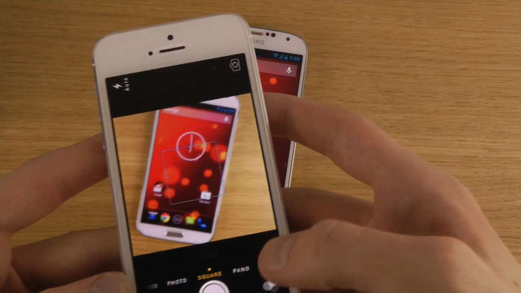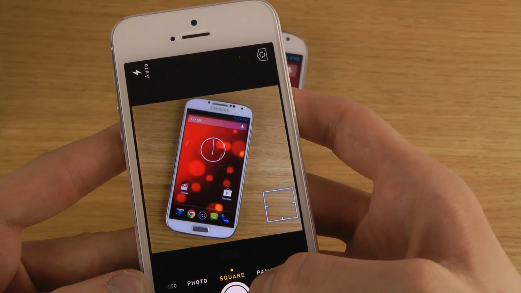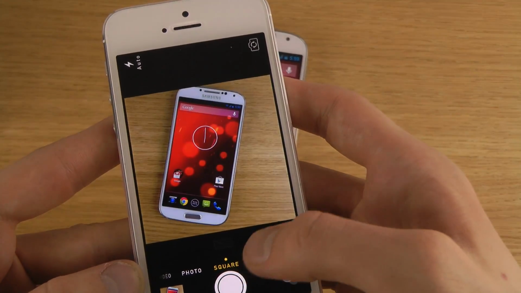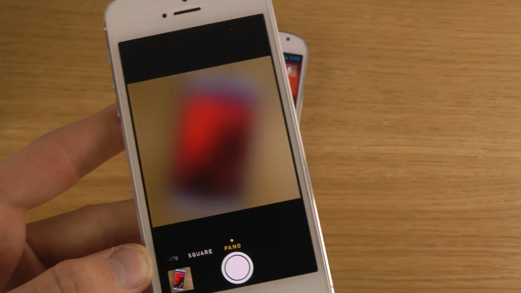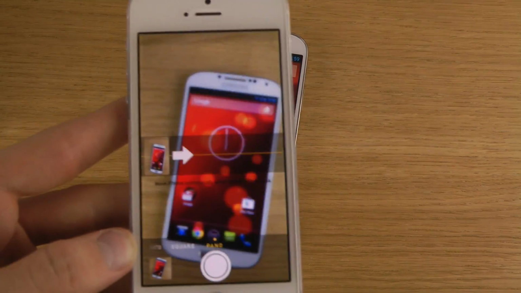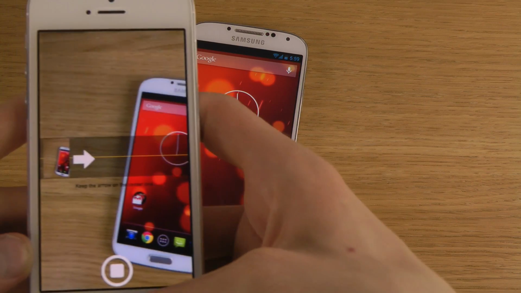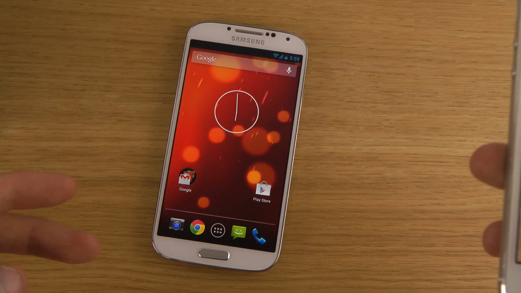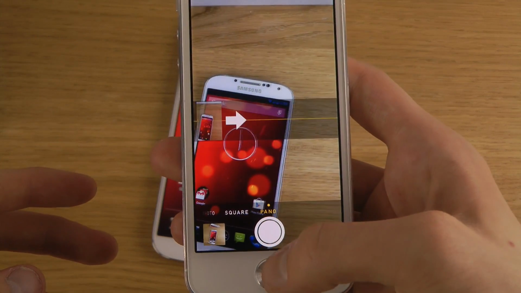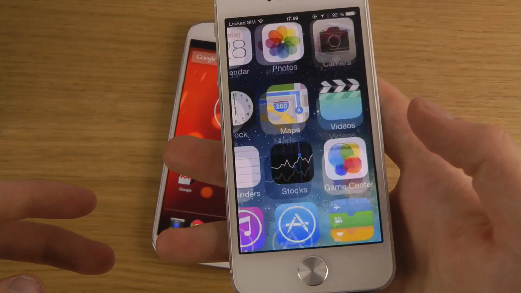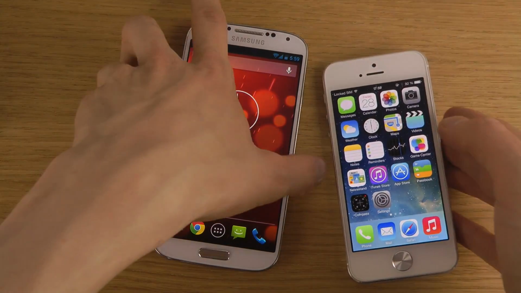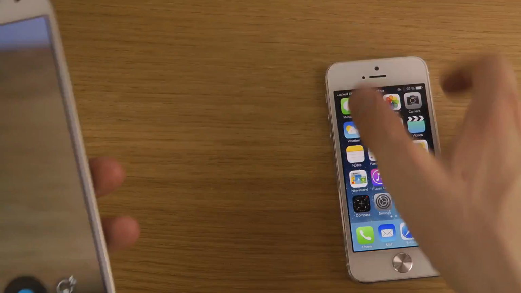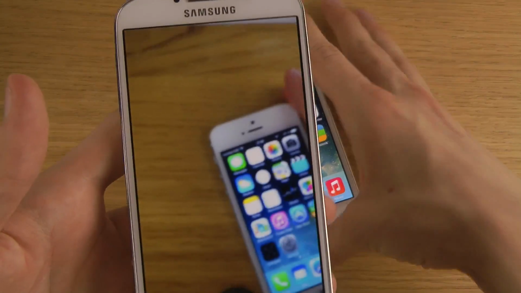You have the square mode, which I'm pretty sure is like an Instagram mode to take pictures that will perfectly fit on Instagram. And then we do have the normal panorama mode here, when you swipe to take a long picture over here on the S4. There we go. So let's go back and also quickly check out the camera up here